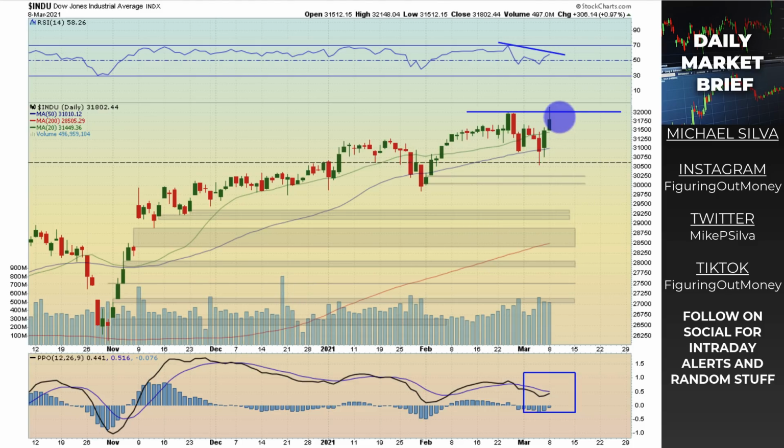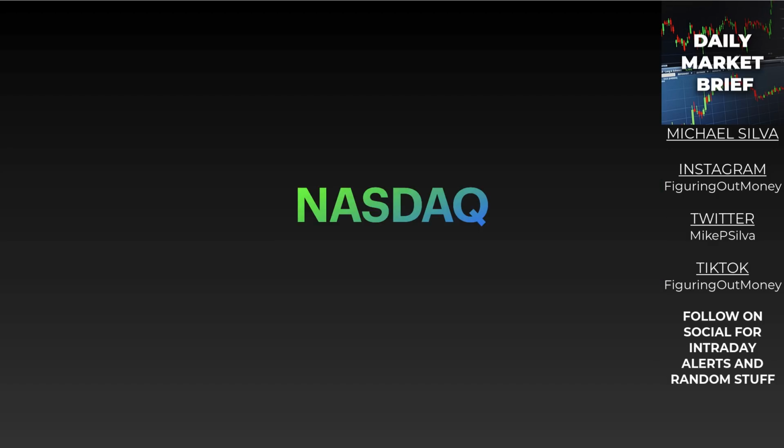The Dow Jones, I really just want to call out one thing. We reached into all-time high territory. We didn't close at an all-time high, but we definitely reached above that 32,000. That 32,000 level is now an area of resistance, so we're looking for a close above it to continue pressing forward. Now the moving averages are all trending up and the price percent oscillator does look like it wants to cross over as well. We have a slight negative divergence building in the RSI, so this could have been another fake out like we saw here and more move to the downside. There was quite a bit of selling pressure towards the end of the day, so we'll be monitoring this coming into the rest of the week and future weeks.